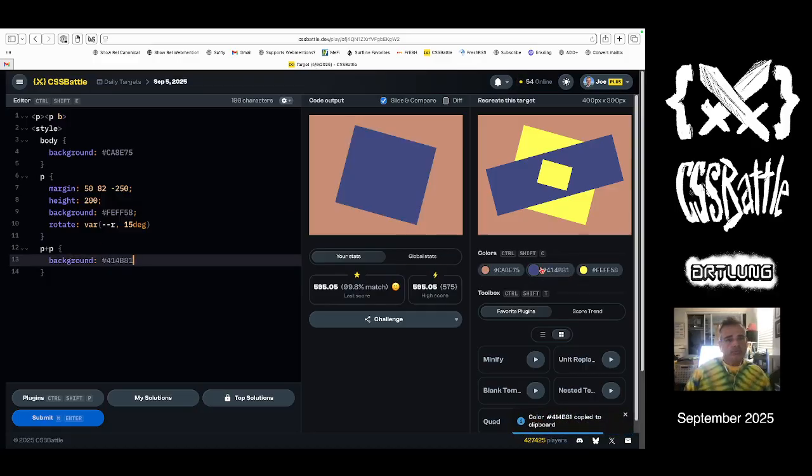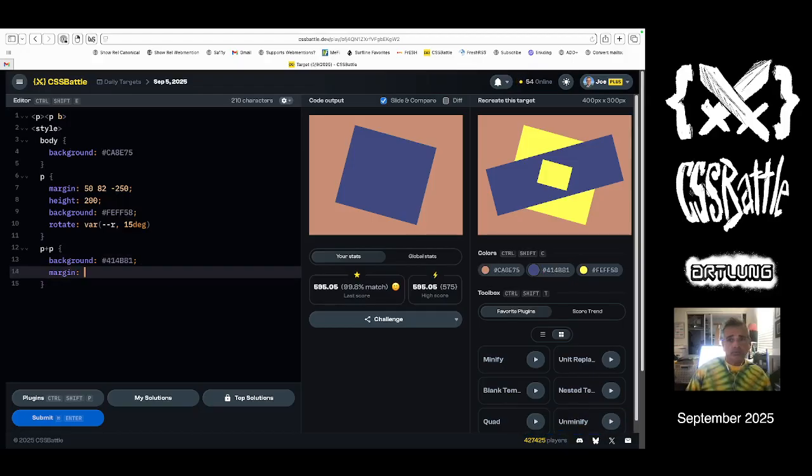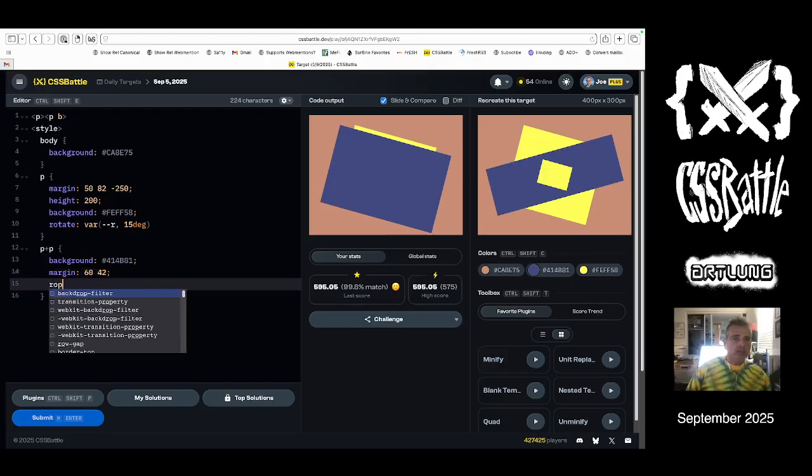And those margins, that margin is 60, 112? No, less. 42. And then the rotate is probably,